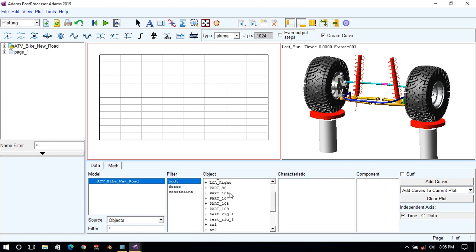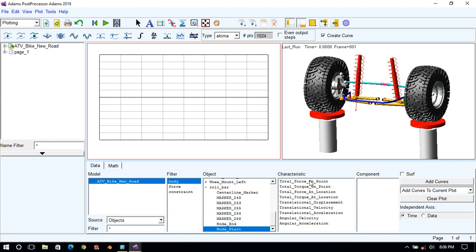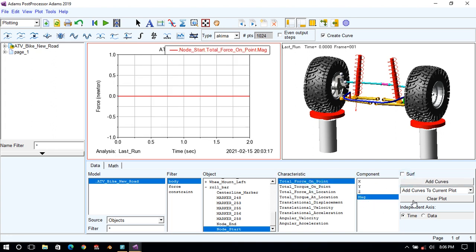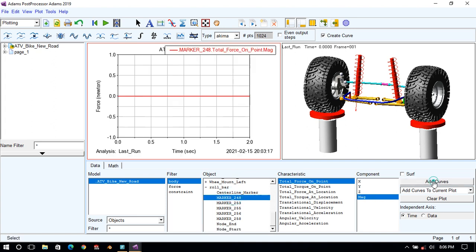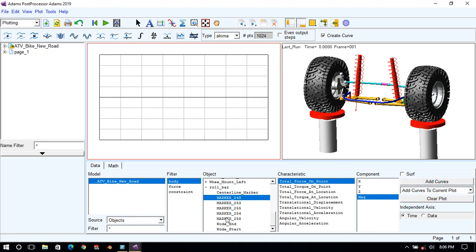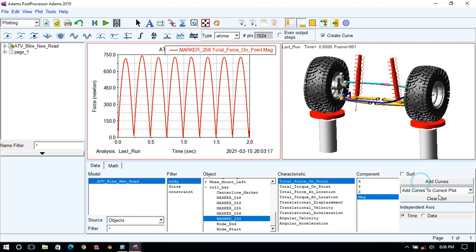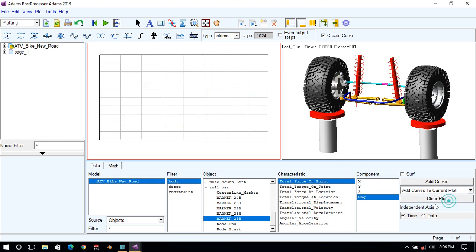We can go to the bodies and let's see where the FE part, roll bar is. Expand this roll bar. You can see node start, node end. Force on this point, magnitude 0. It is not proper. You have to select the marker. Which marker? Okay, yes, it is showing the forces on the point.